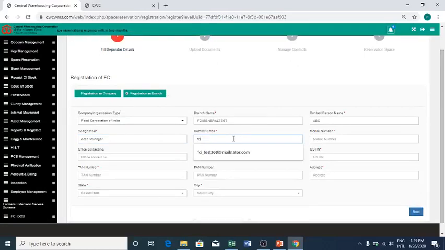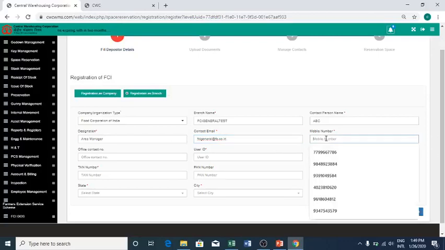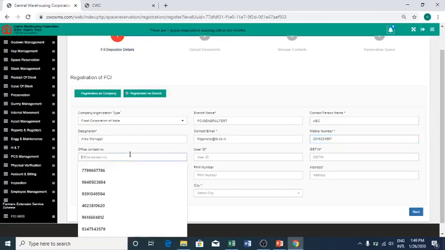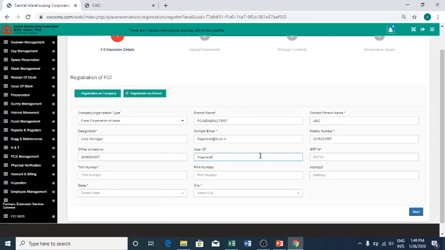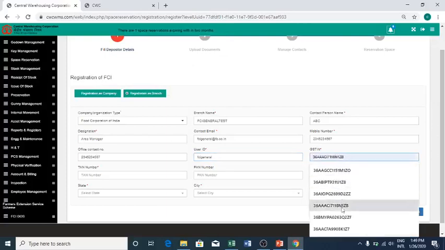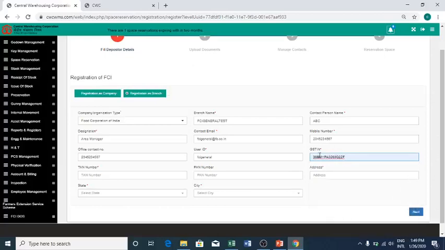You put the email ID, a mobile number, and the office contact number in case it is available. You create a user ID for the user to log in, and then you put the GST ID of the particular person. You take the 10 digits and put it as the TAN number,